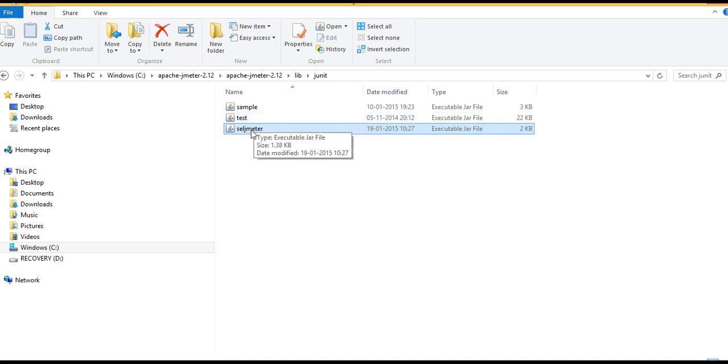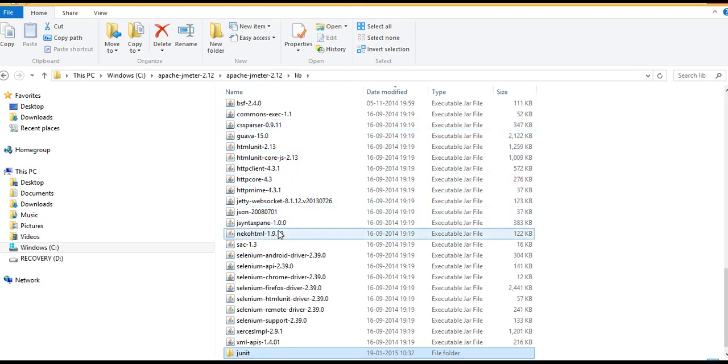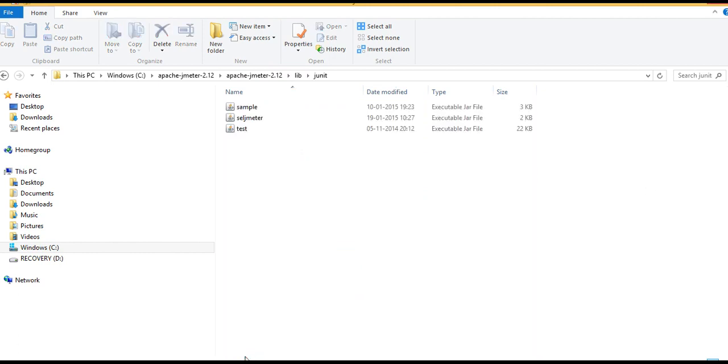Now when you open JMeter, it will have access to your code because we have placed that project into the lib folder and JUnit folder of Apache JMeter. Whatever you place in this lib folder, all these jars will be accessed by JMeter. That's the reason they specifically mention the library path. But in this path, we have a separate JUnit folder in which you can place your JUnit test cases.